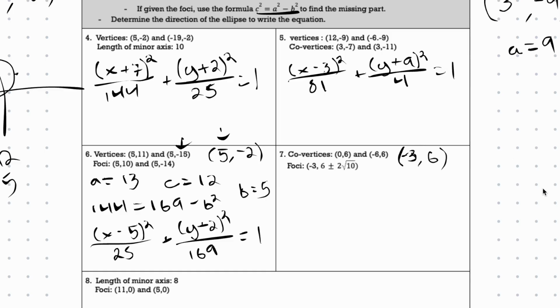It's just going to be negative 3. And so now that we have our center, we can find our b value from our co-vertices. And so if we just visualize this on a graph,